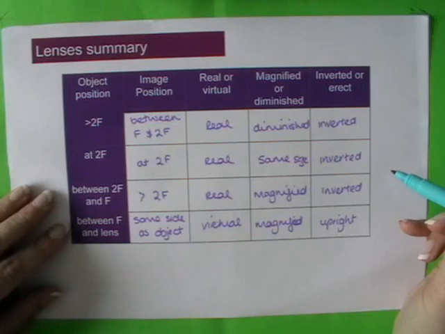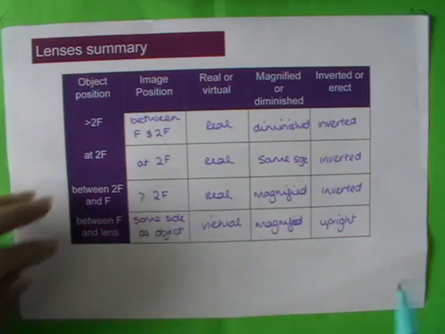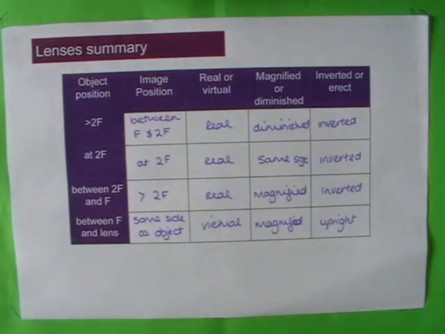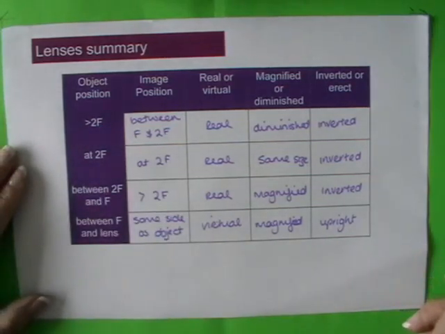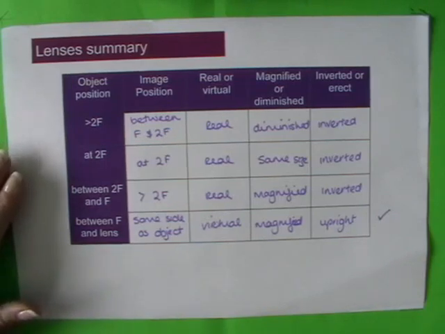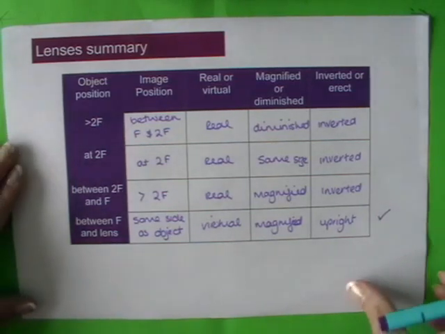And the final one: if the object is placed between f and the lens, so it's a lot closer, the image is produced on the same side of the lens as the object, it's virtual, it's magnified and it's upright. Now you do need to learn these key points, and this is the one that tends to be asked most in the exams in terms of what you're asked to draw. Now the final section